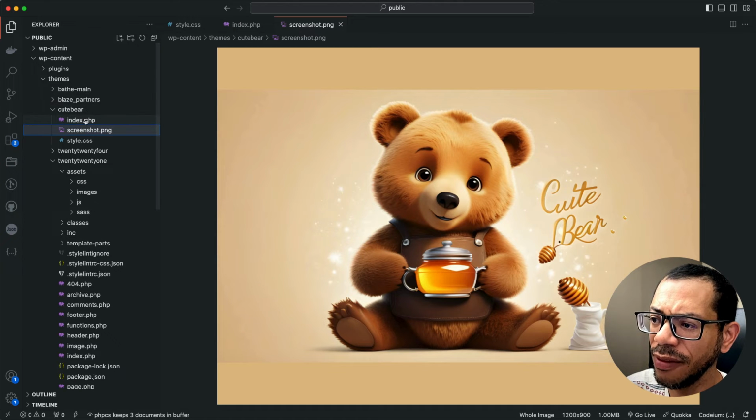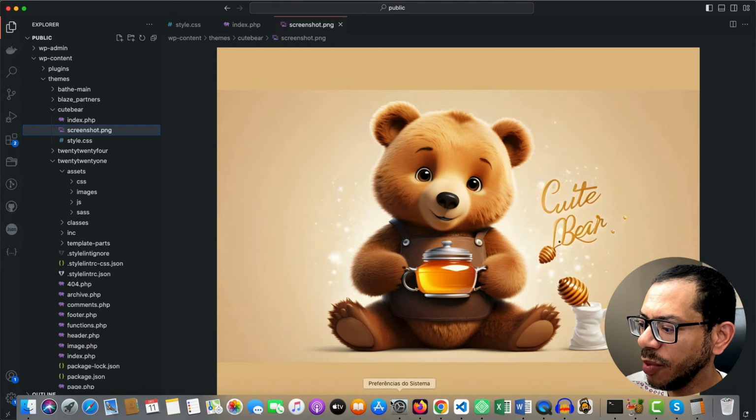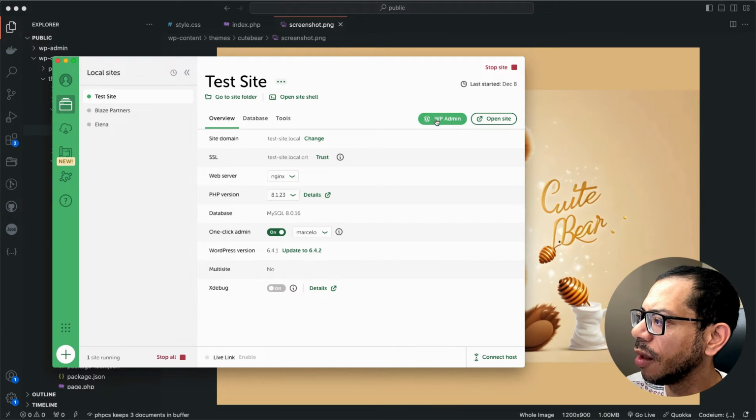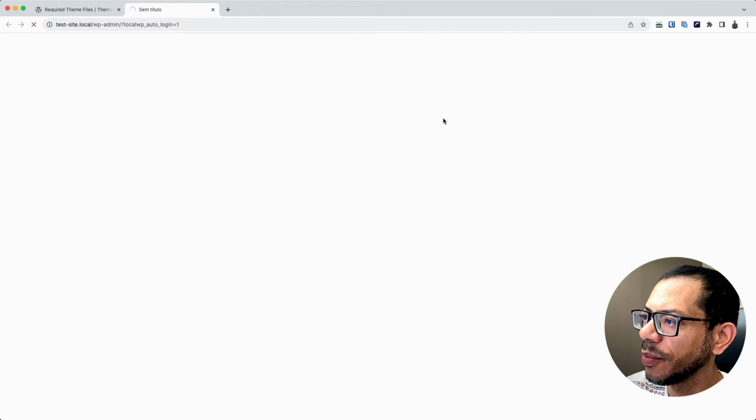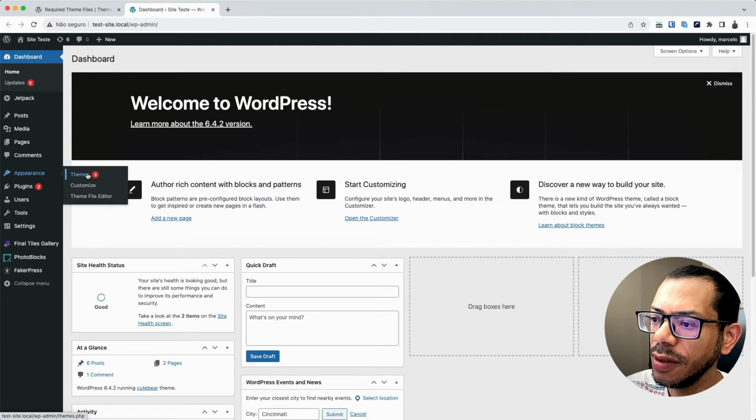Well, now that we have these three files here, let's head over to our admin. So going back to my Local here and clicking on WP admin. And under appearance, themes,